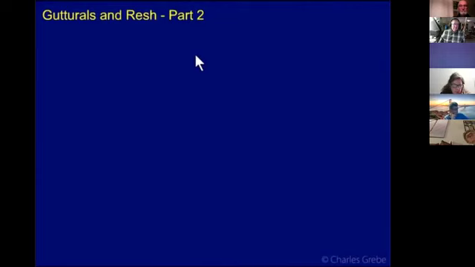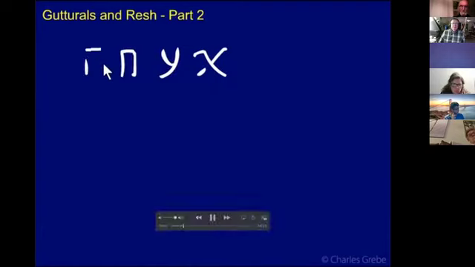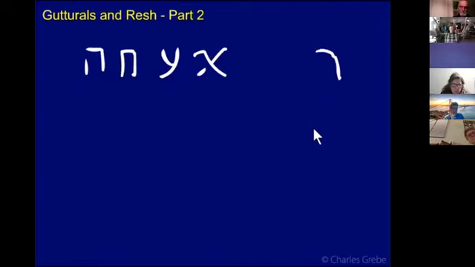So, by way of review, first of all, what are the gutturals again? We have aleph, ayin, chet, and hey. Those are our gutturals. And then we also include Raish together with them. Now, the first point, we'll have 3 points here. The first one